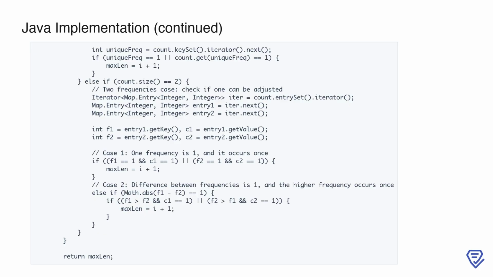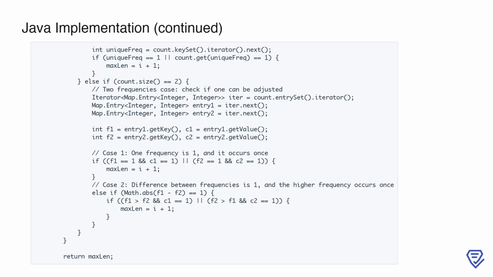Now, if the count map contains two unique frequencies, we evaluate whether one of these can be adjusted to make the entire prefix valid. To do this, we retrieve the two frequencies and their respective counts. Let's break this into two scenarios. In the first case, one of the frequencies is 1, and it occurs exactly once. This means we can remove the single occurrence of the number with frequency 1 to make the rest of the